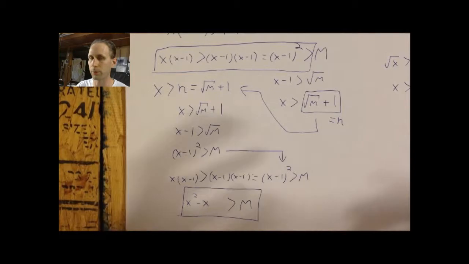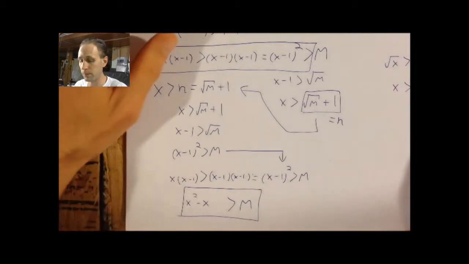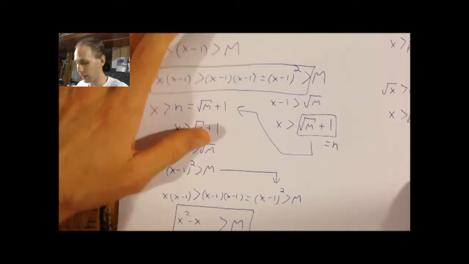Right? If you want to show something is big, find something that's smaller than it that is also getting big. And if it's easier to manipulate, no problem. This can be done for a variety of types of problems. Pretty much no matter how complicated it is, you can always find a way to play around with it and simplify it. The last example I'm going to do here is, suppose we want to show that